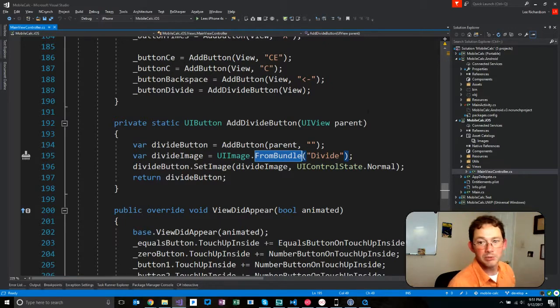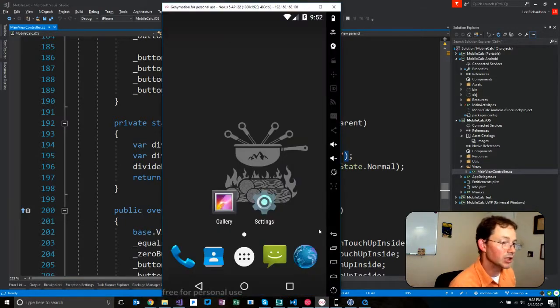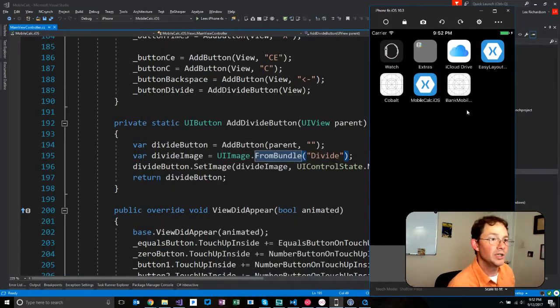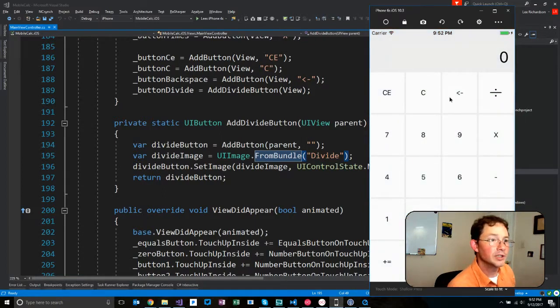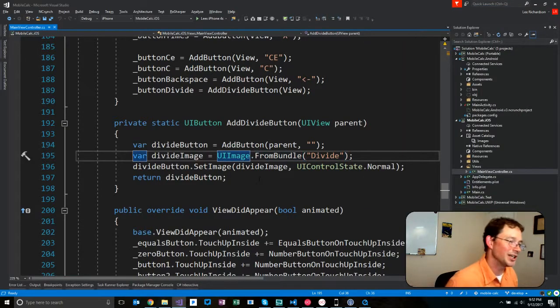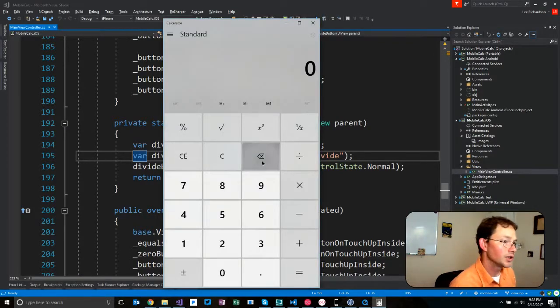Now that bundle image was black, and it would be really nice if we could go back to the easy layout mobile calc. It would be nice if when we click these guys, it should have been doing something. When I click that, I would like it to turn white anyway. I think white would be good. That's what we do on the Windows calculator anyway, I think. When I mouse over it, it turns white, and when I click it, it should